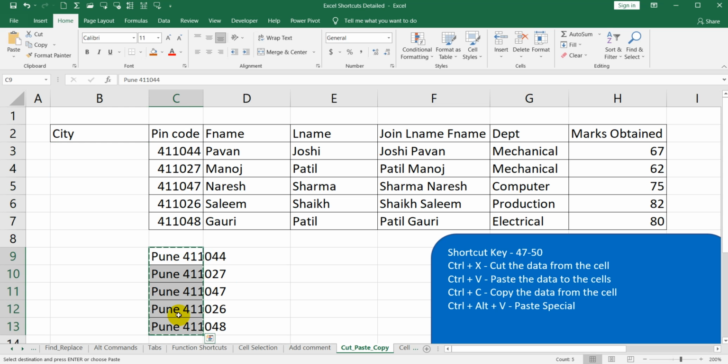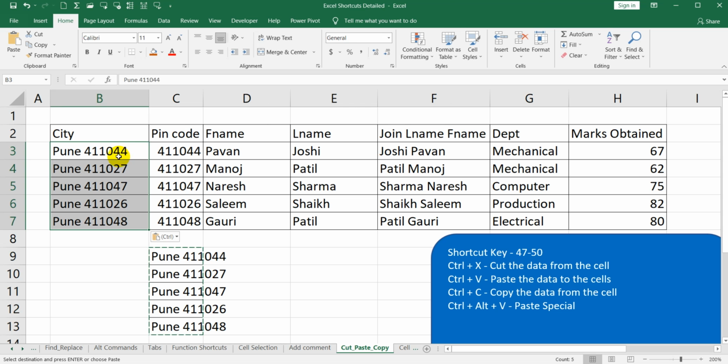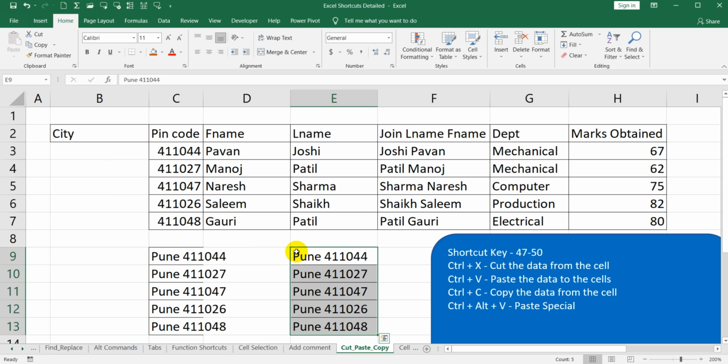Again I will copy this with Control C and paste it over here. Similarly I will Control X this one and Control V over here.